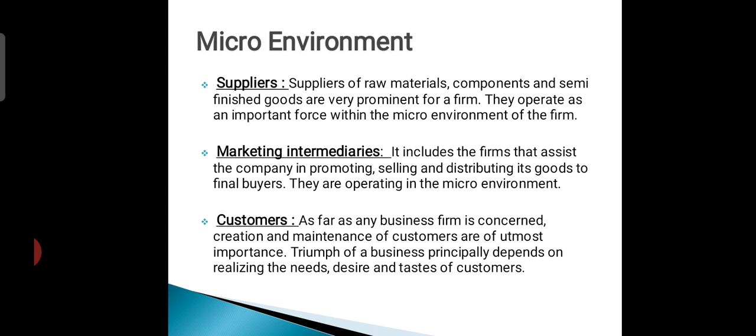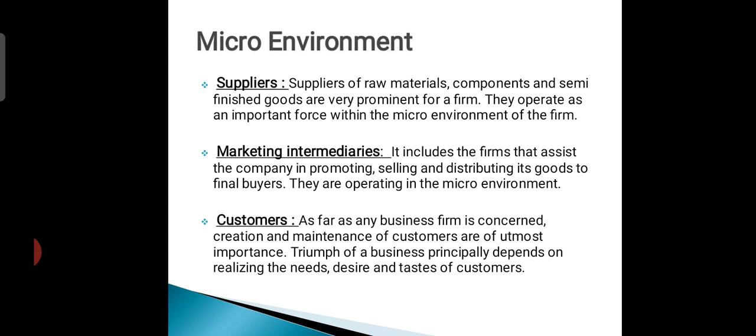Another point is that it is better to keep multiple suppliers in our organization. It is very risky to depend on a single supplier, because if there is a strike, lockout or any other production problem in that single supplier's unit, it will affect the functioning of our organization also. We cannot move our production process. So it is better to keep multiple sources of supply.